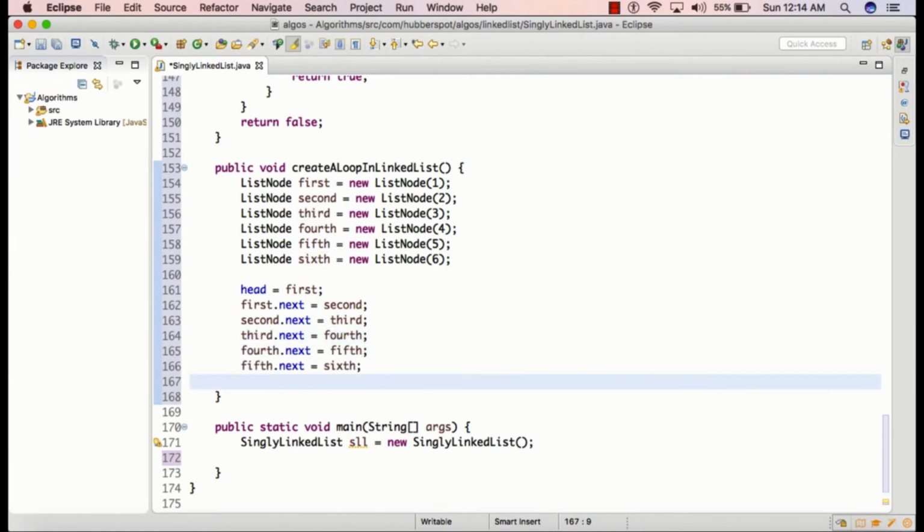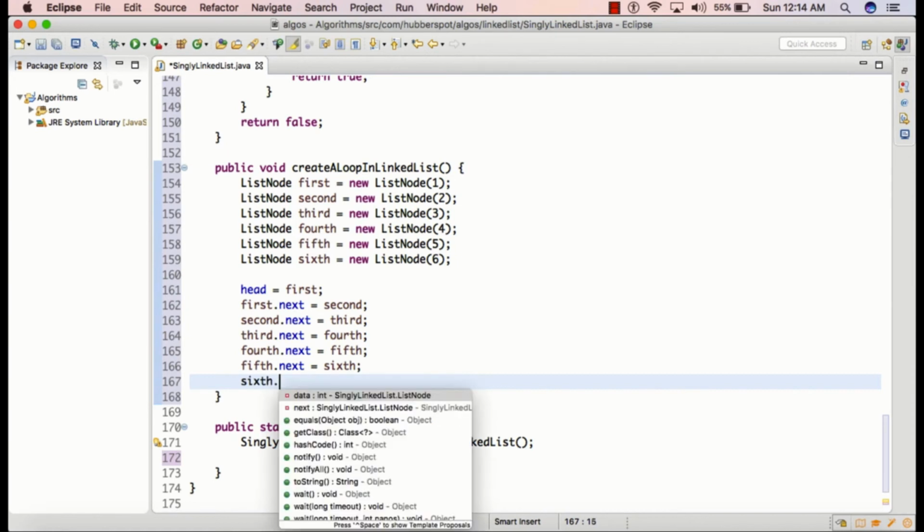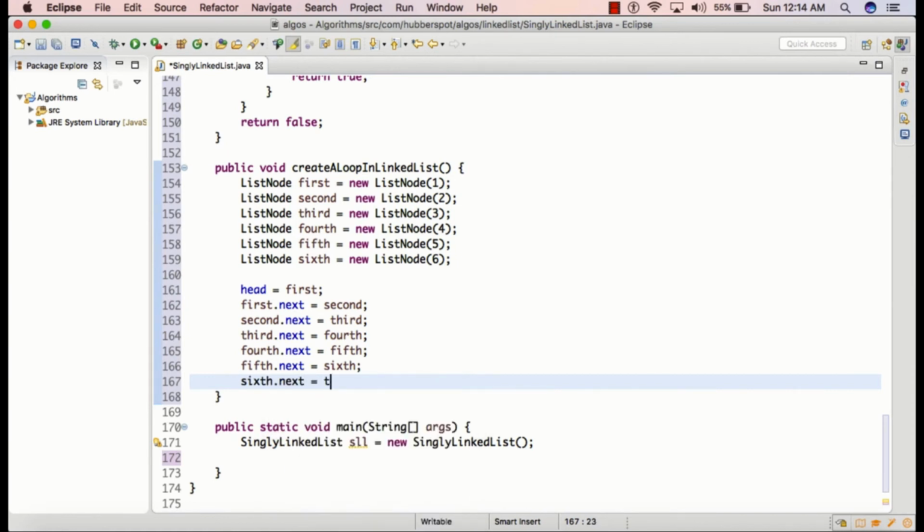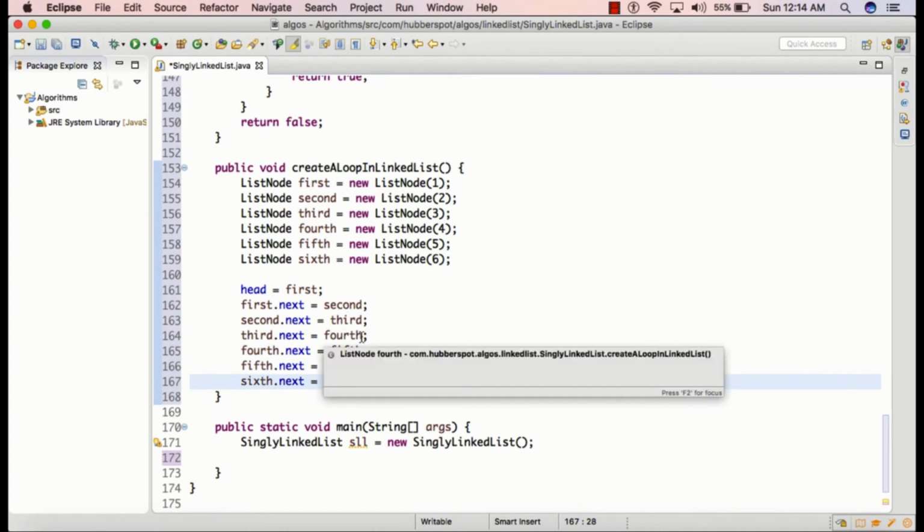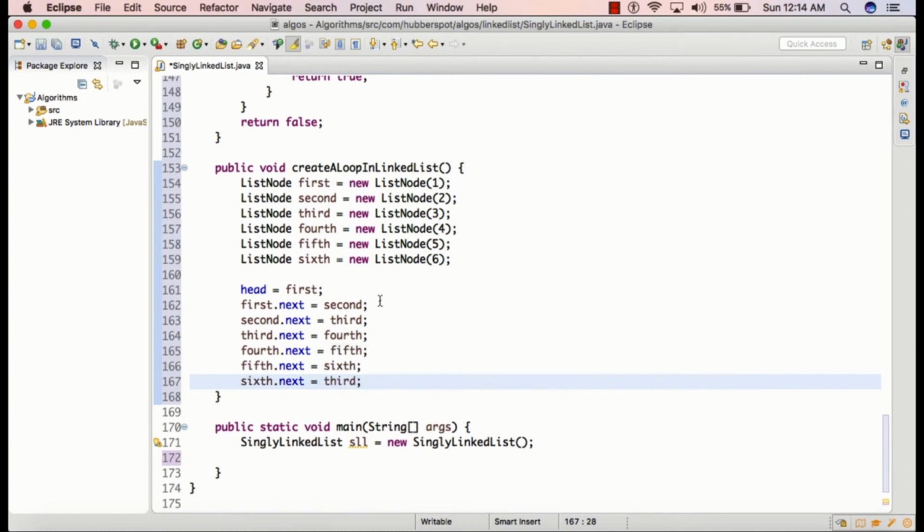So here we simply assign the value of third to sixth next. So sixth dot next, and we'll assign the value of third to it. So this will create a linked list containing a loop where first is pointing to second, second is pointing to third, third is pointing to fourth, fourth is pointing to fifth, fifth is pointing to sixth, and sixth is pointing to third. So it will create a loop.